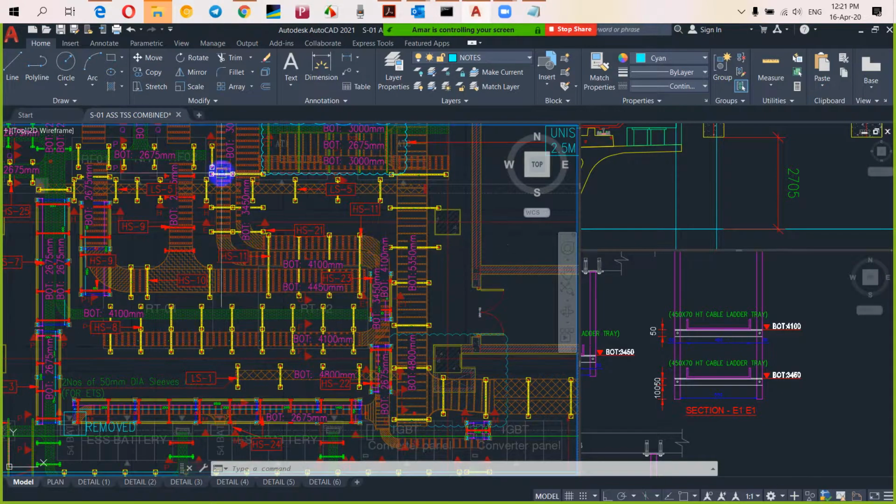Basically, these two are coming separately. If you see here, 2675, then 3450, 3450 will be continued here, and then because the transformer height is more, 3.8, we have raised it to the 4.1 level. And then the bottom one we retained at 2675 and took it like this. Here two trays are there up to here, because the number of cables will be 10 to 15 to 20, maybe 18 cables. From here to here, two trays will be there. One tray will be branching here, one tray will be branching here. So here one tray, but in this area two trays will be there.